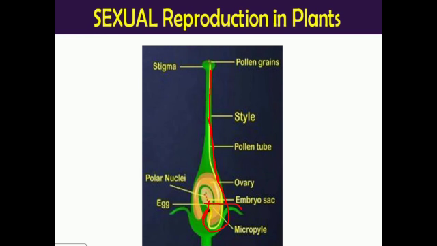It gives out all in this embryo sac, and in this embryo sac the egg and polar nuclei are already present. When these male gametes are poured in this embryo sac, there the egg cell undergoes the fertilization process, and it gives us a zygote which is capable of growing into a new plant. So this was reproduction in flowering plants.